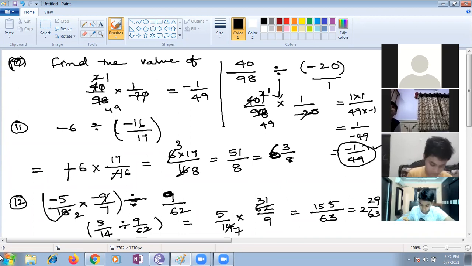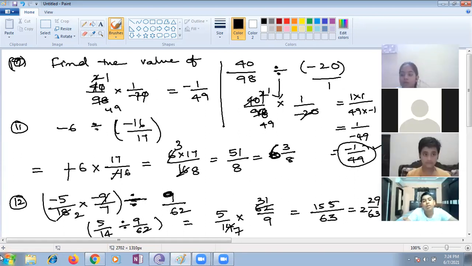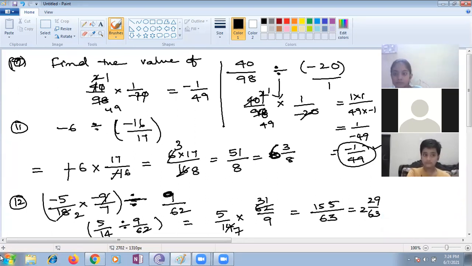Shall I clear the screen, children? Any doubt in today's class, please let me know. Put IDK in the chat box so that I can help. Ma'am, I don't have any doubt today. The numerator has negative signs, so we can cut it. Both are negative, multiplied with negative. You are supposed to raise your hand so that I can see the student is having a doubt. Then I can call you. Yes, Aditi.